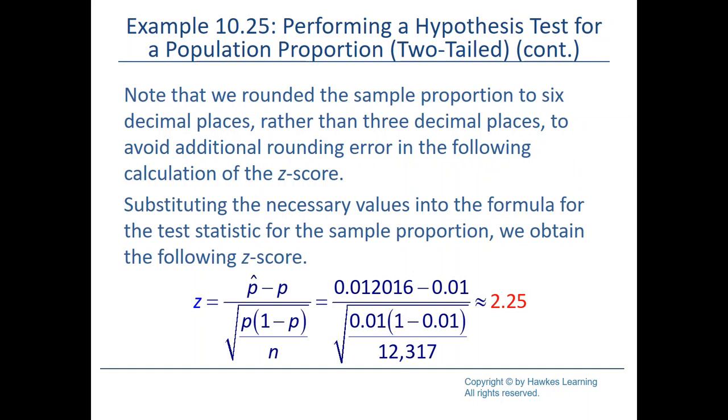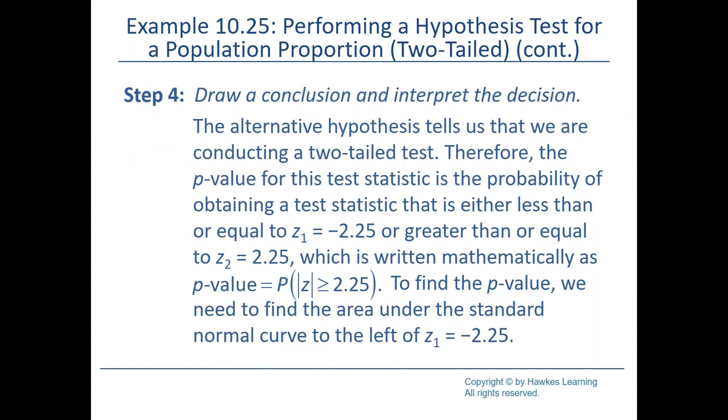And again, this is where if you just run the one prop Z test in the calculator, you can bypass this formula that you see here. Okay, now once you have that Z value, this is my test value. So then I have to basically find what's the probability that this test value happens. So this is where the alternative hypothesis tells what's going to happen here. And you're going to have to run the